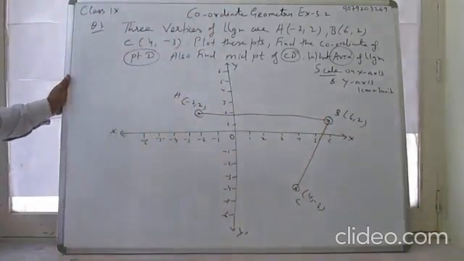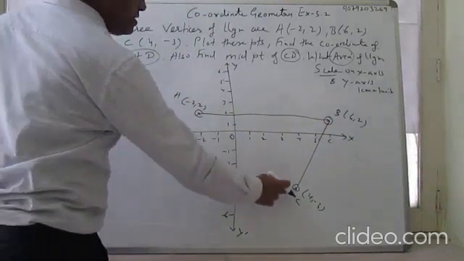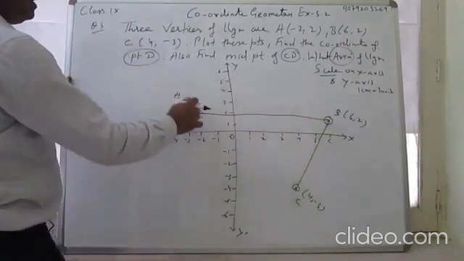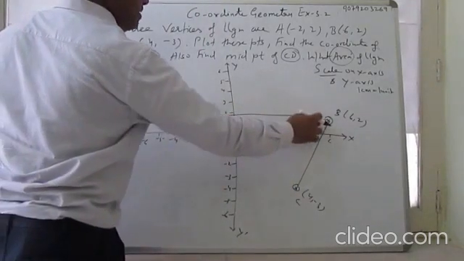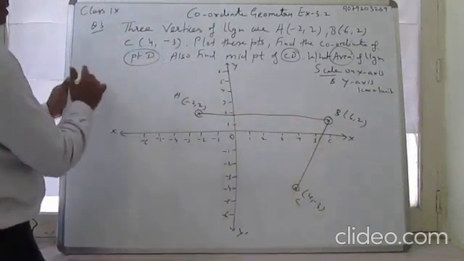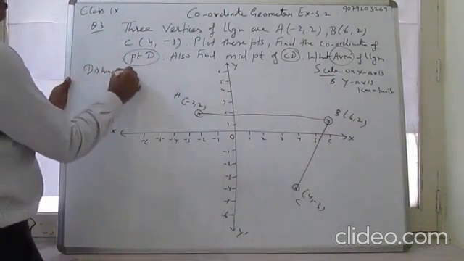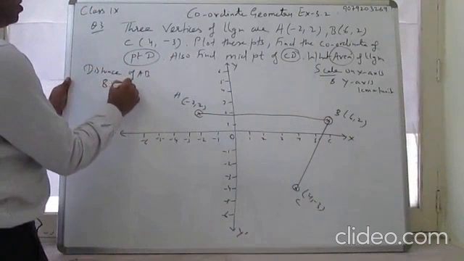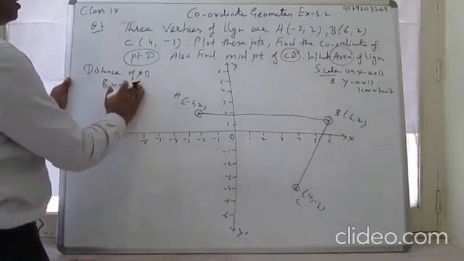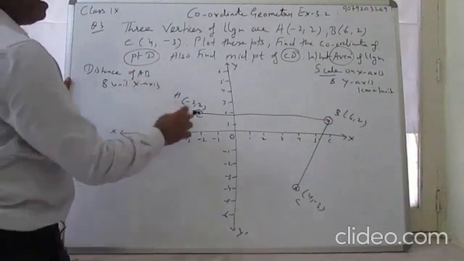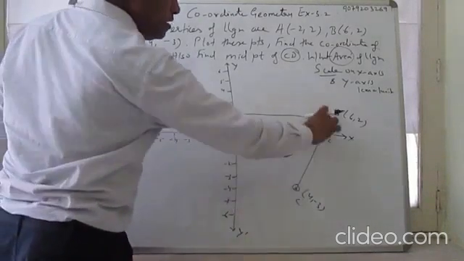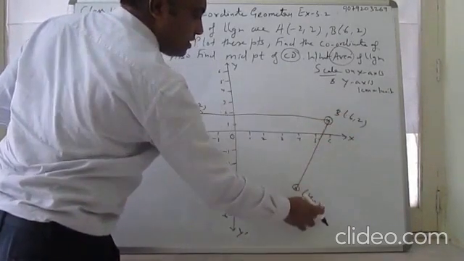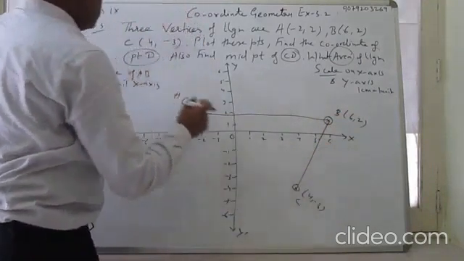Now, what is the coordinate of point D? What is the distance of AB? 6 is here and -2 is here, so it is 8, isn't it? The distance of AB is 8 units on the x-axis. And on the y-axis, how much? 2 here and 3 here, that is 5 units. 2 here and -3 is the direction, so it is 5 units.